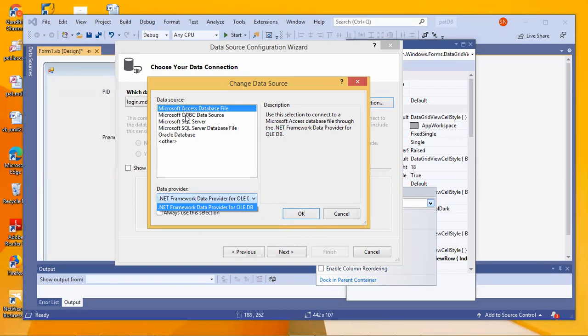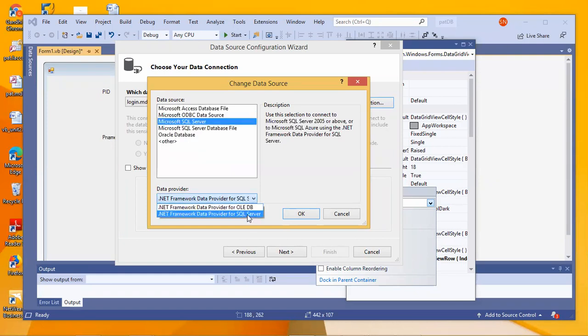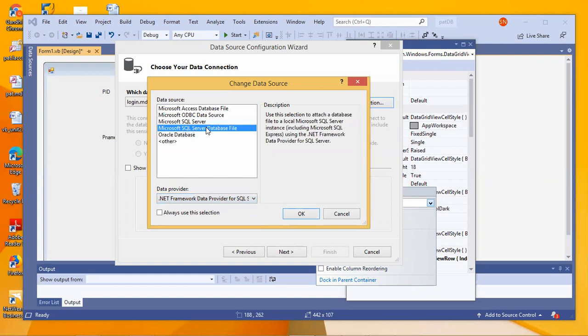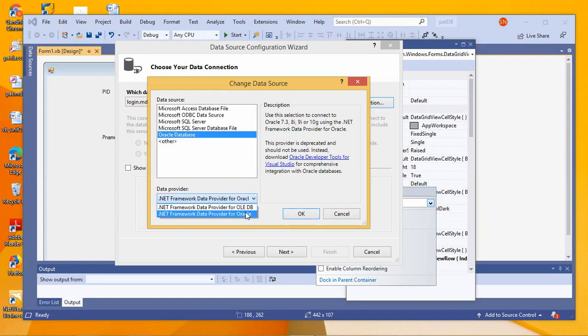Now, if I change my data source to ODBC, which is my provider? ODBC. If I change it to SQL Server database, which is my provider? SQL Server. Oracle. Oracle. So is this clear?